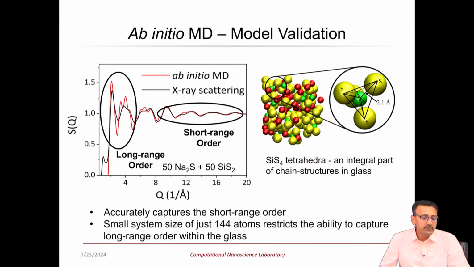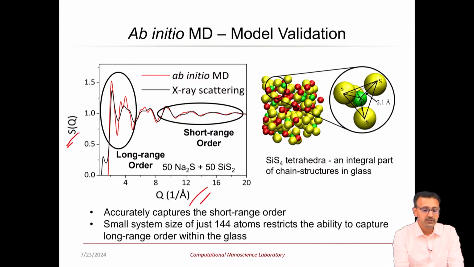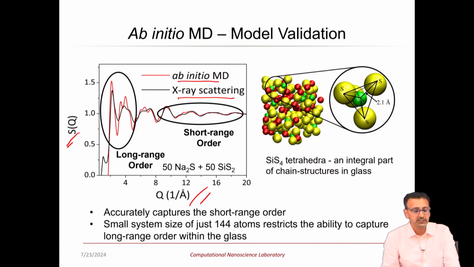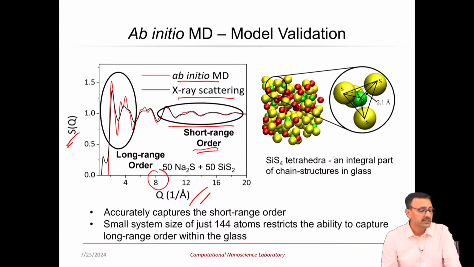Okay. You have structure factor versus this Q distribution from the X-ray scattering and our calculations from ab initio molecular dynamics. What you see on this right side, in 1 over angstrom units, beyond about 8, is pretty reasonable agreement between our calculations and the X-ray scattering data, and this is the short range order of the glass. So, the ab initio MD captures the short range order pretty well, but for the long range order, there are some deviations between the calculations we have and the experimental data. It is kind of expected,